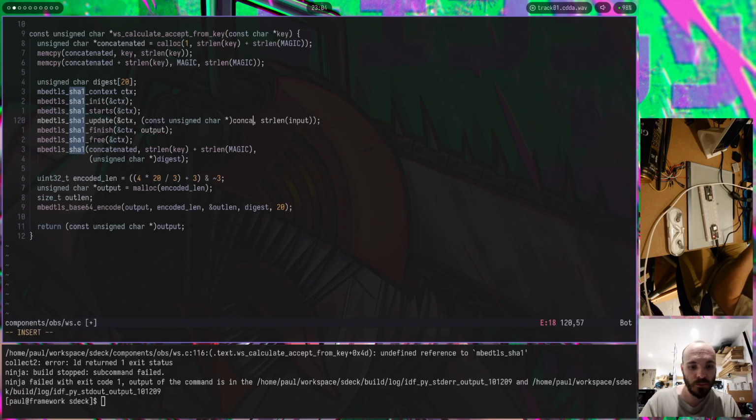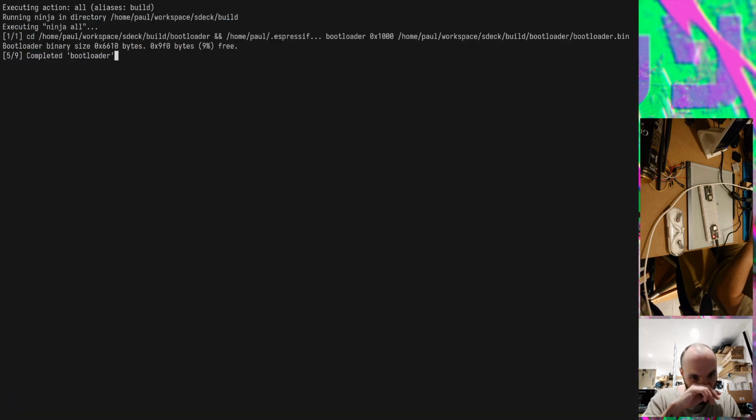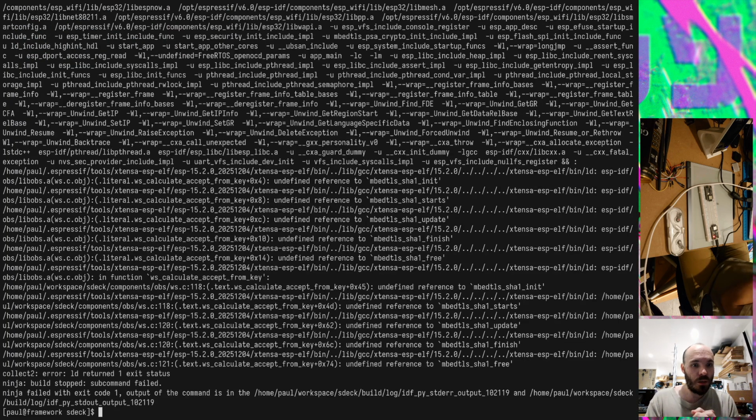And these are going to be the values that I need, so concatenated strlen key plus strlen magic, and the output is going to be digest. And because it's not red, I have high hopes. Completed bootloader. Now